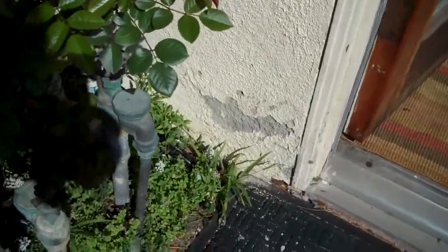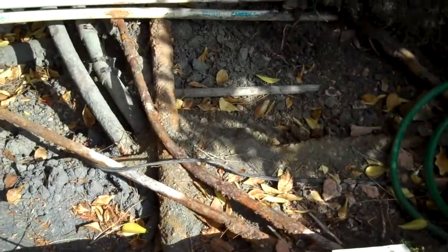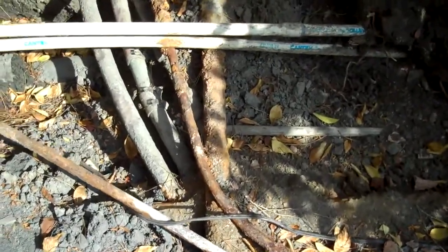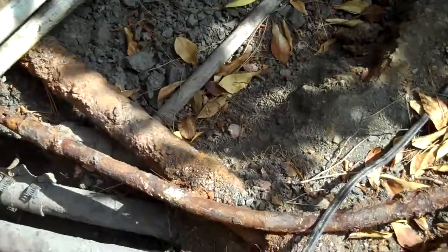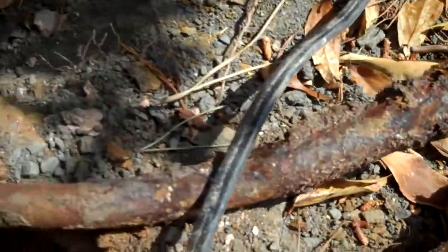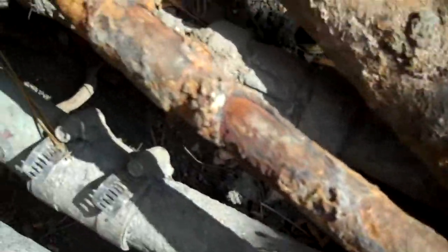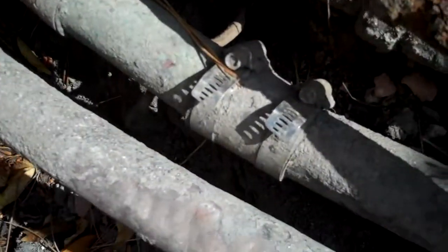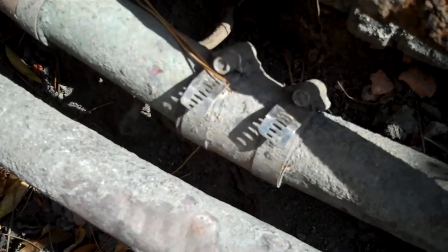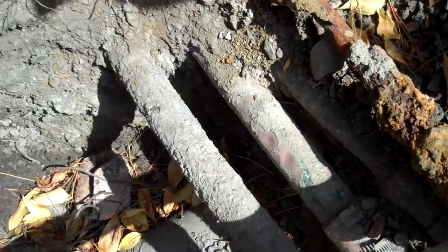And you can see deterioration of the stucco here in the rear of the house. Again, the trenching around the pool equipment area next to the left side of the house, you can see the electrical conduit for the pool light is rusted and deteriorated, and there are exposed wires in sections of it now. The copper lines have been patch repaired, and they're old, and they should be replaced with the newer PVC pipe